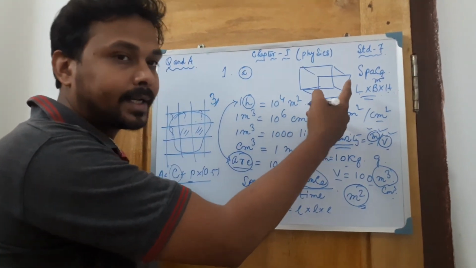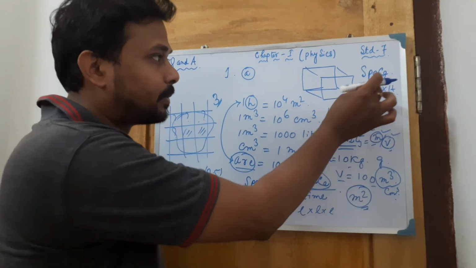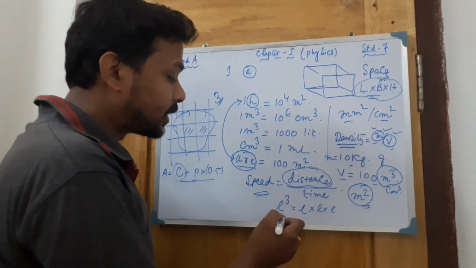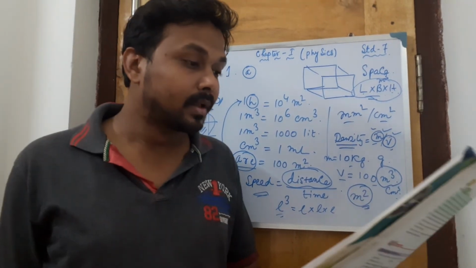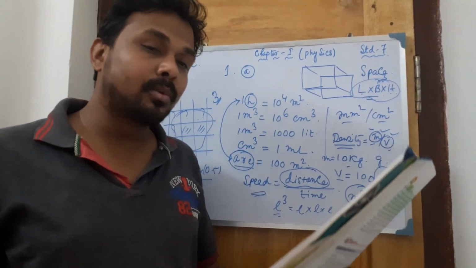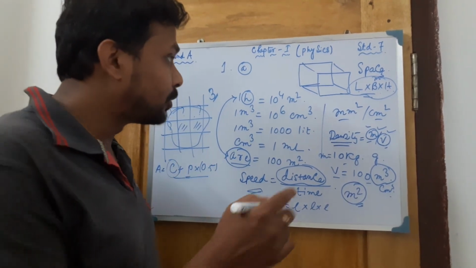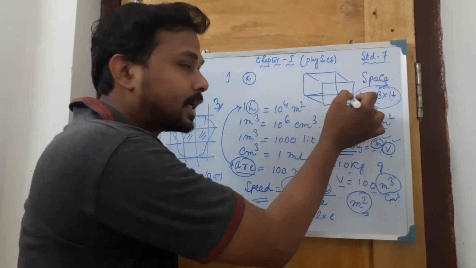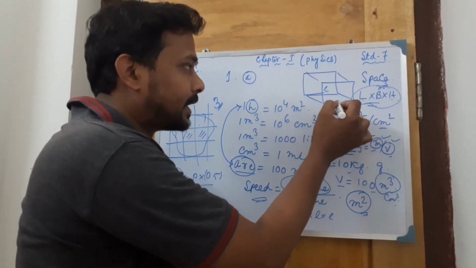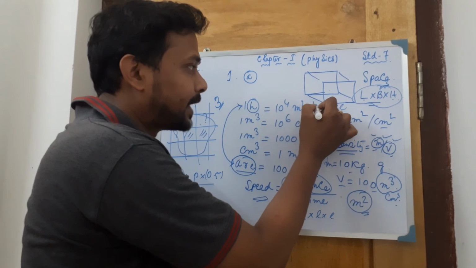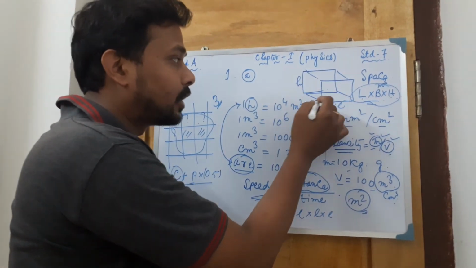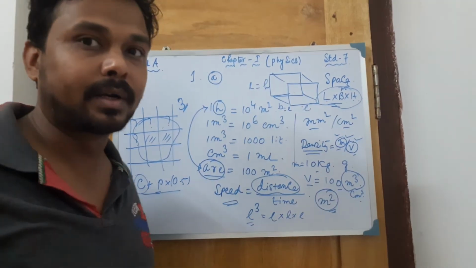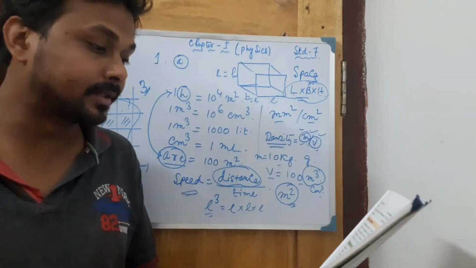Suppose it's a cuboid, that means all the sides are not the same. Length, breadth and height are different. Then in this case you have to use L into B into H. But basically this is the formula for volume. Next one, volume of a cuboid. Just now I told that one. The difference between a cuboid and a cube is only that cube means all the sides are equal, that means length, breadth and height are all equal to L, suppose. But in a cuboid, all are different. Okay, so that is the difference.